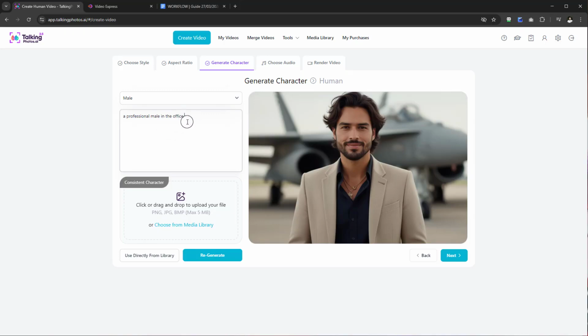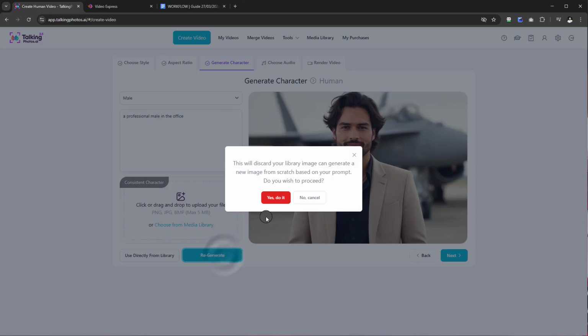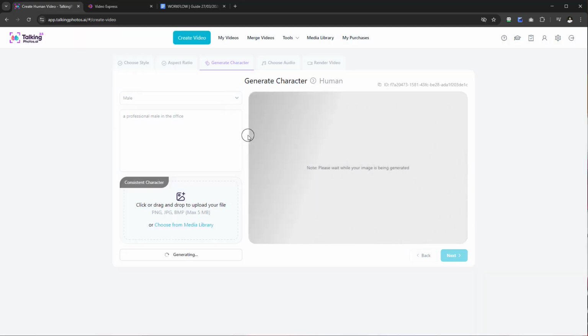Okay, so that's a very short prompt. You could really extend it and put in more information, but the AI will actually extend that prompt for you. Let's go to regenerate. That will discard our other image. We don't need that. I just want to show you both versions, so you have flexibility of using